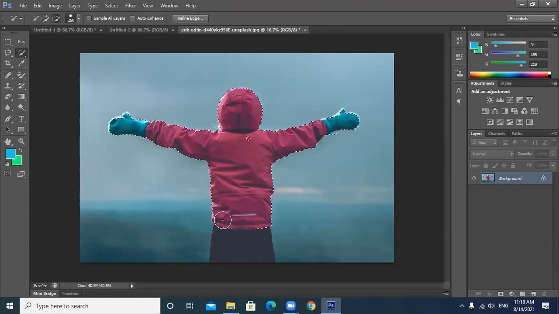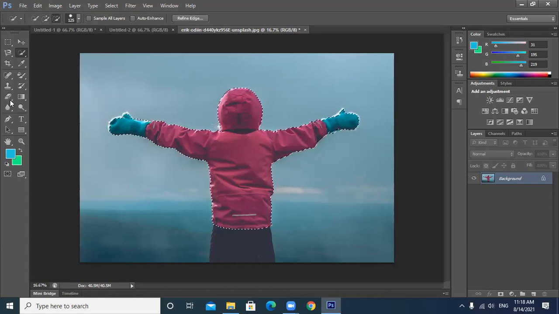All right. So this portion also I want to add in my selection. And here I want to reduce a little. Add this to the selection. Clear? Now this is the selection we have made.